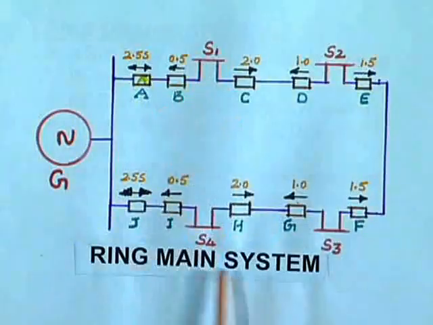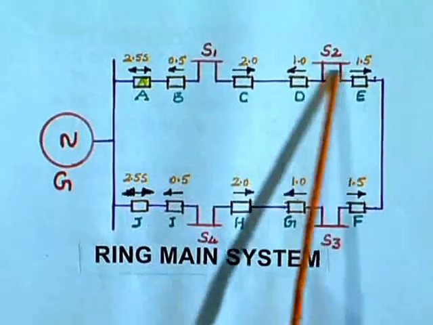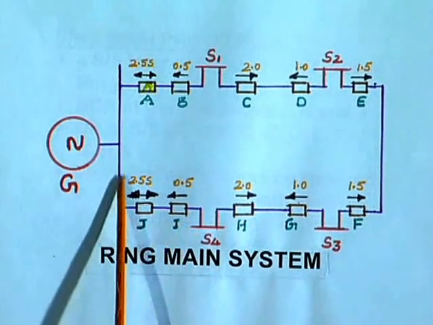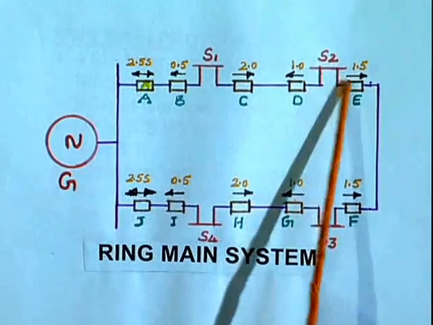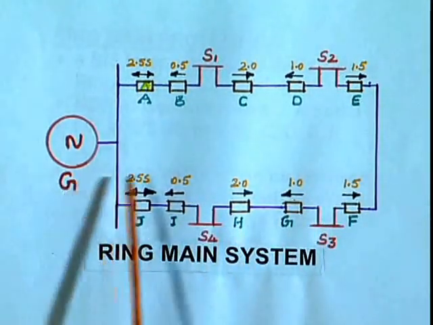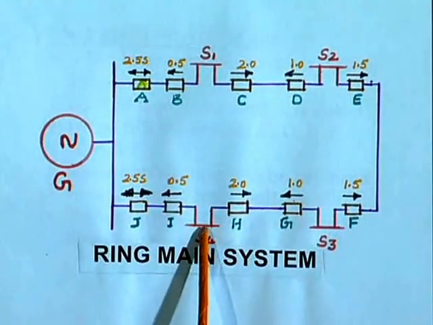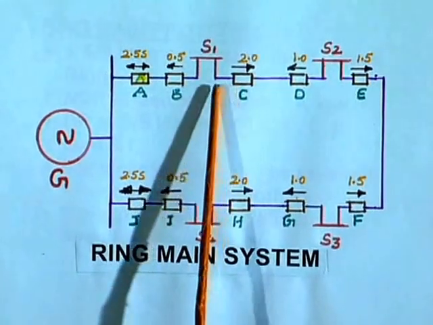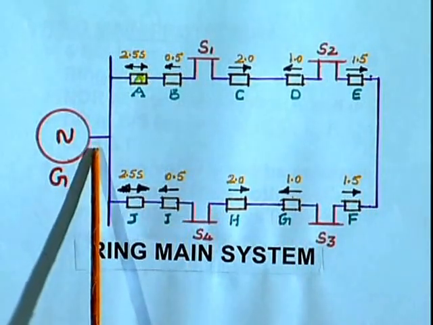Let us see the diagram to understand what is meant by a ring main system. So, this is the ring, and this is the generator. It is nothing but a closed path, and supply starts from the generator. This is a closed ring and it consists of substations S1, S2, S3, S4. That means this ring will have 4 substations. Each substation is connected through some load, that is substation 1 to substation 2, 2 to 3, 3 to 4, and 4 again back to the generator.